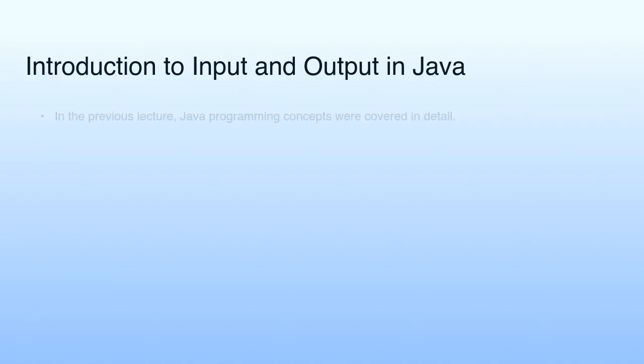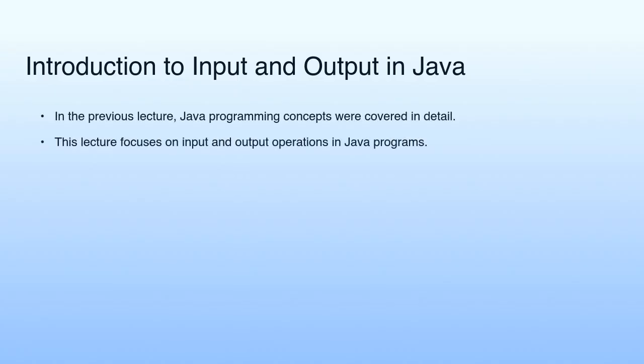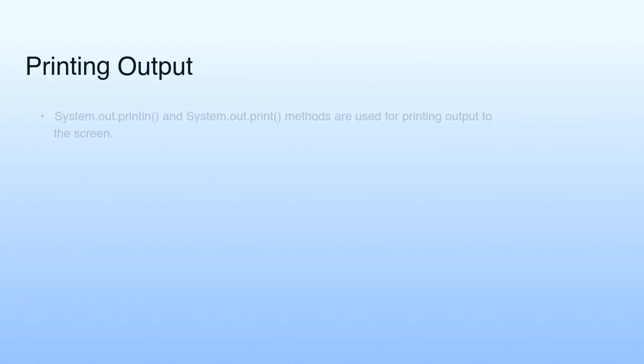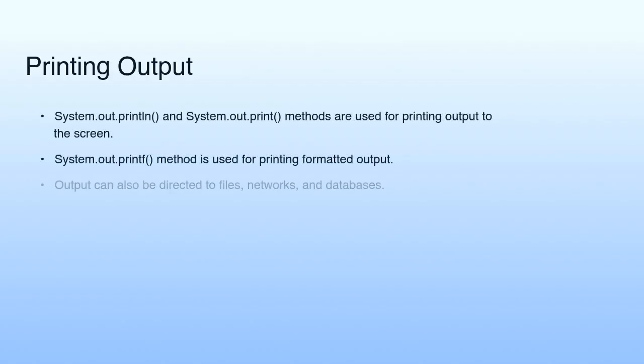In the previous lecture, Java programming concepts were covered in detail, and now this lecture focuses on input and output operations in Java programs. The System.out.println, System.out.print, and System.out.printf methods are used for printing output to the screen, with the ability to direct output to files, networks, and